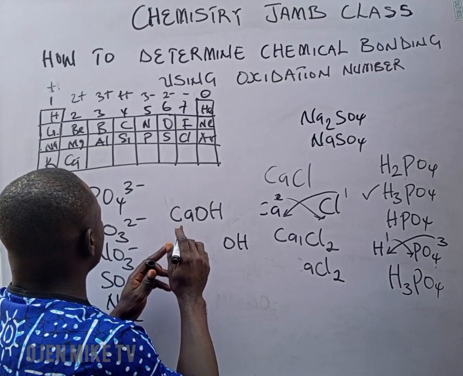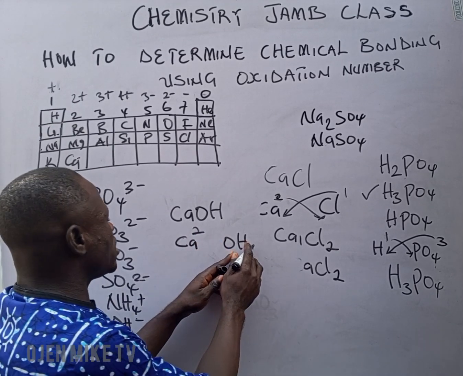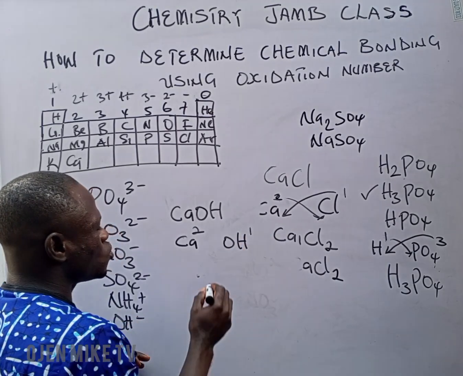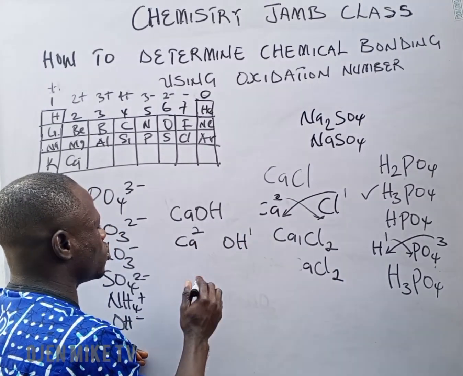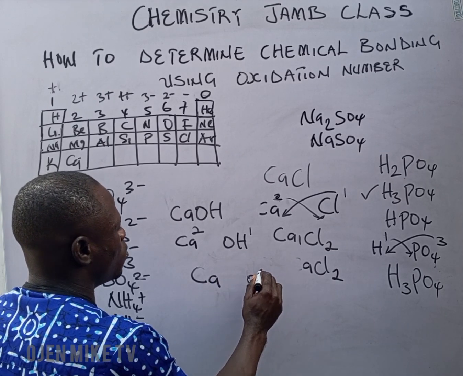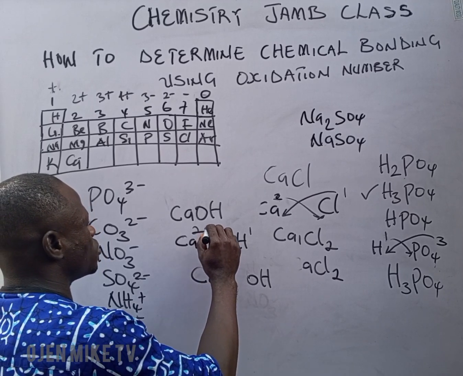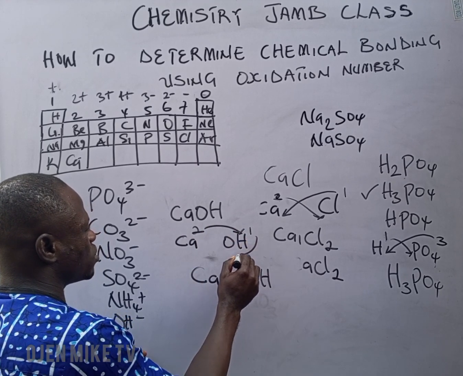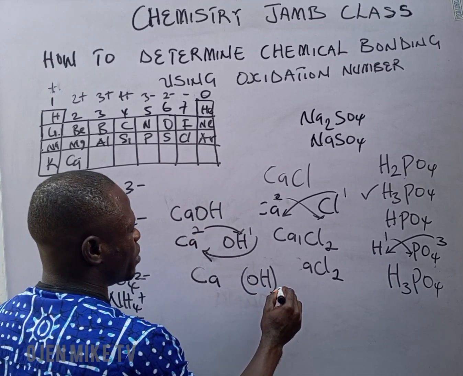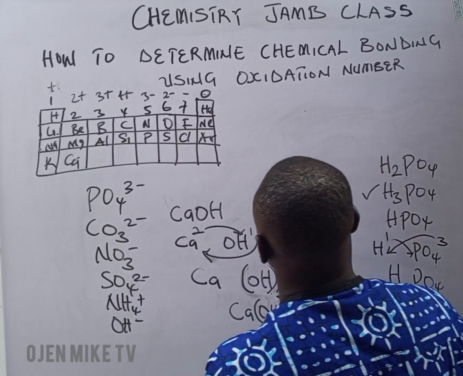Now what you do is that Ca here has oxidation number what? 2, so we write our 2. OH here has oxidation number what? Look at it here, -1, so we have 1. So now they will exchange positions. Ca will take the position of what? OH. So Ca has 2 here. So we'll take the position of this one, while this one here will take the position of this one. So here now will be what? We'll put in a bracket, right? 2, because if you take sodium chloride, sodium chloride is